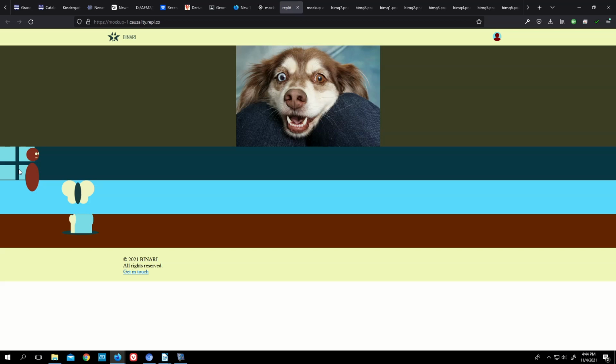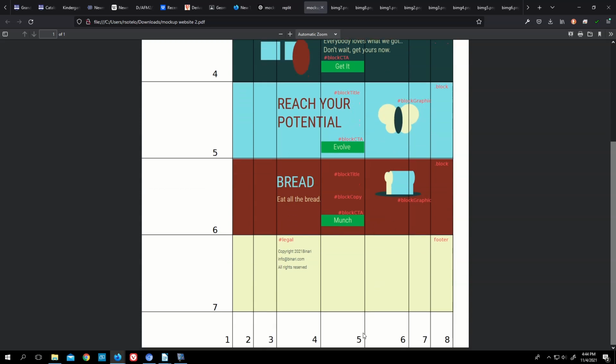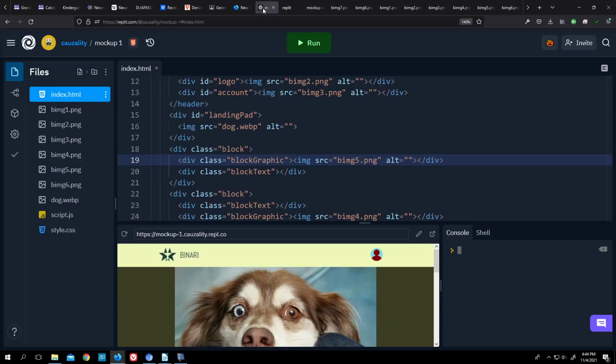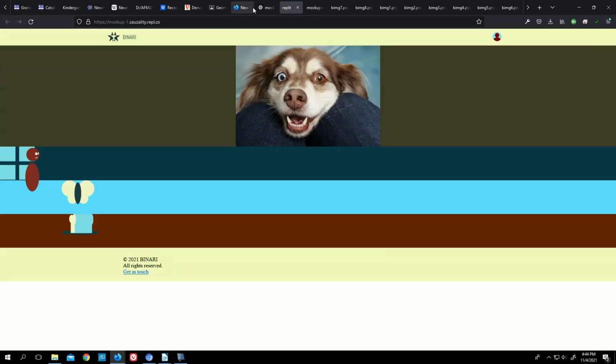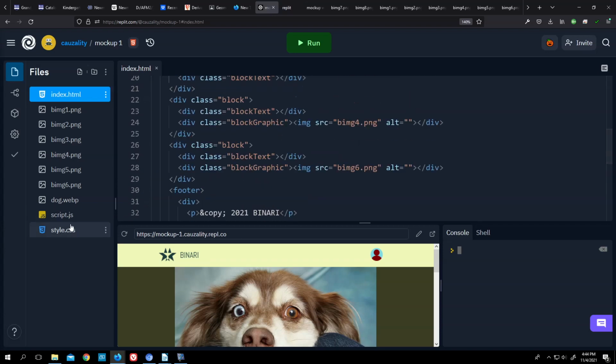So now I am going to arrange these. So I'm not going to worry about the top one so much since it's unique, but I am going to worry about these other two since they follow the same kind of convention in my mockup. I will make the images go from column 5 to 7. So 5 to 7. So I need to go to style,